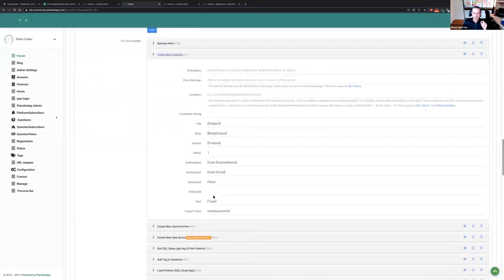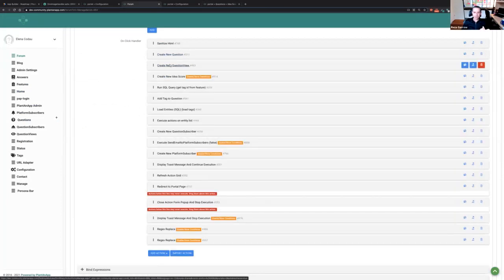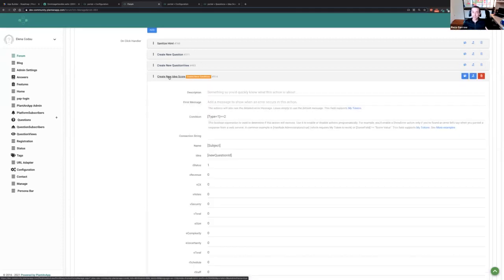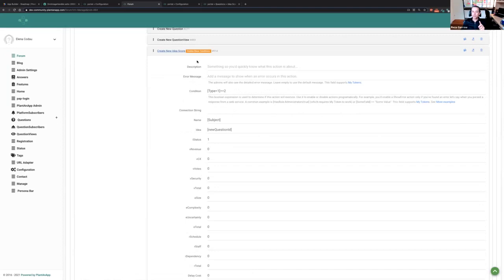So I added type. When we create the new question, the data is injected, and then I call this. I just added a create new idea score. Remember, the system creates all these actions that you need for your CRUD: create, read, update, delete. This is no different, but I only want to run this not when a question is submitted, but when an idea is submitted. So I know what my type is, and I basically say, hey, if type,